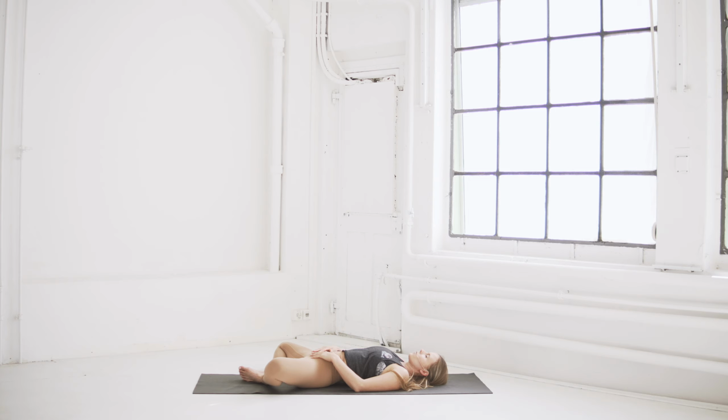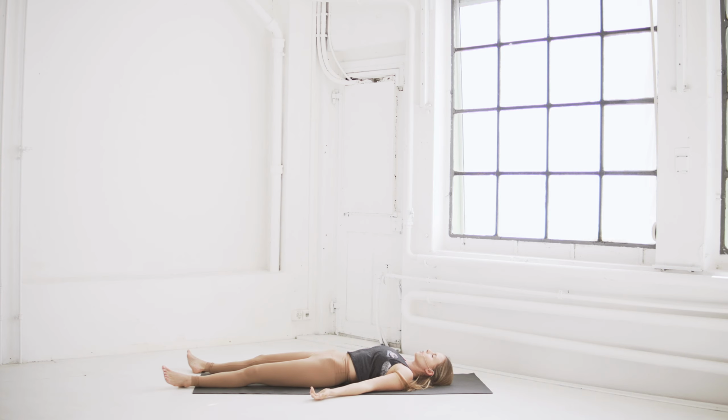You can stay here as long as you wish, if you feel like also covering yourself with a little blanket. Or just straightening the legs out into Shavasana. Arms can rest out toward the side, or you're keeping your warm palms on your low belly space. And as you lay here, start to relax the whole length of your spine, all the way from your head into the shoulders, into your arms and hands and fingertips, all the way from your chest, heart, down into your belly, into your pelvis,